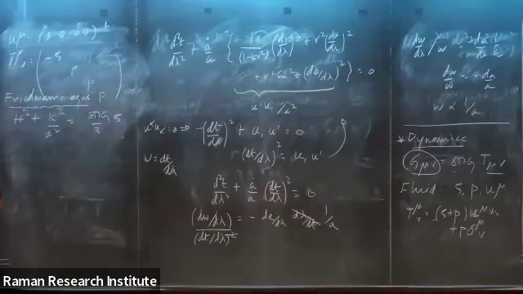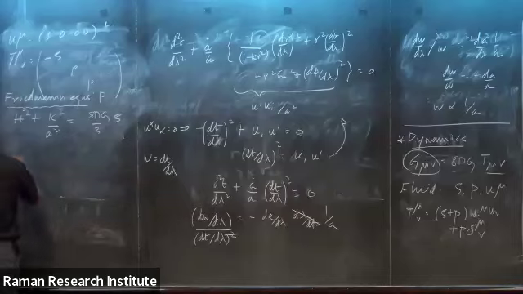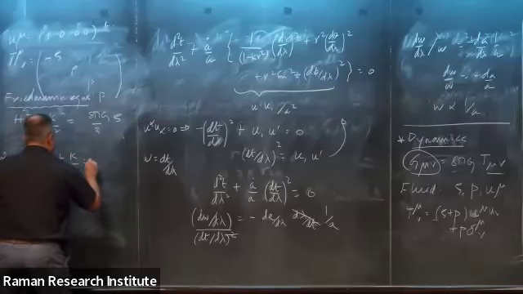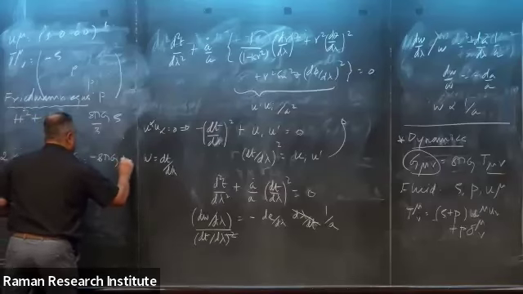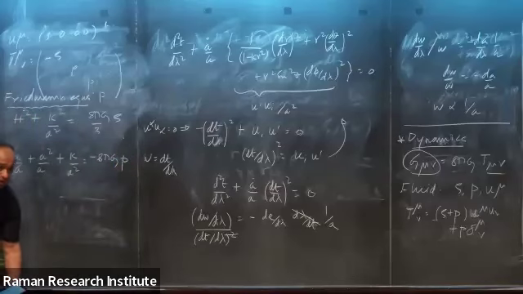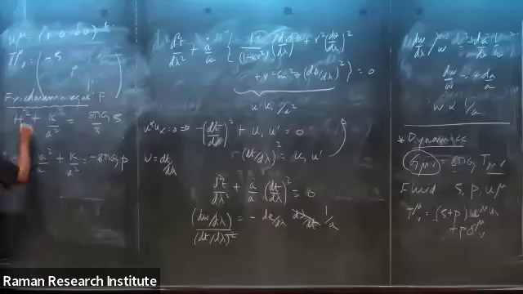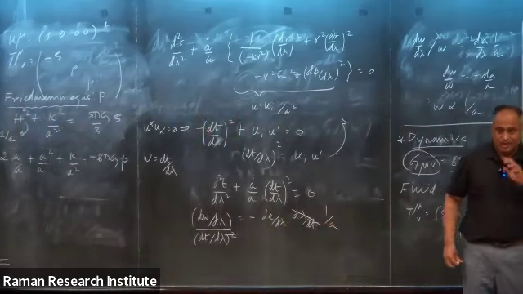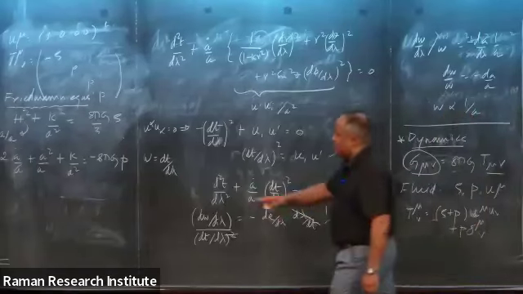And then the second equation is 2 a double dot by a plus a dot squared by a squared plus k by a squared is minus 8 pi G P. Now, here you have three quantities, and I should mention what this H is. H is a dot by a, and dot hereafter will denote differentiation with respect to the cosmic time coordinate. These are the Friedmann equations.